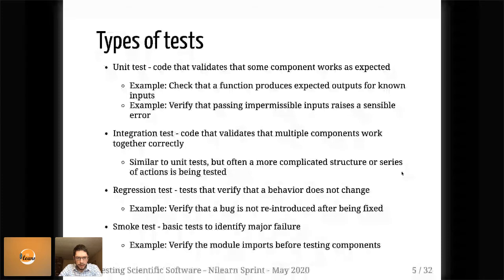Another phrase that you might hear a bit is a smoke test, and this comes from the electrical engineering world, which is basically plug the thing in and turn it on. If it starts emitting smoke, turn it off, unplug it, and you don't really need to test anything more in depth. You know something has gone horribly, horribly wrong. So there are some very, very basic tests that you want to run